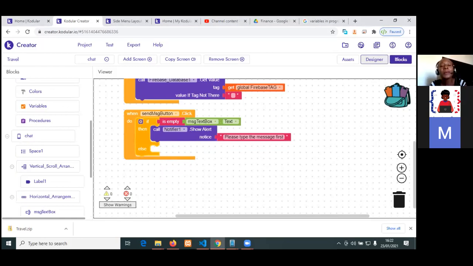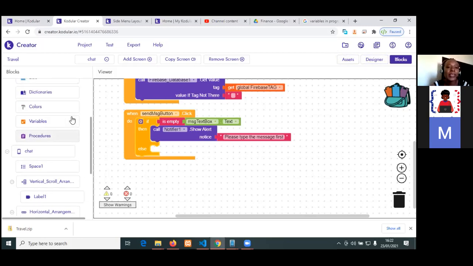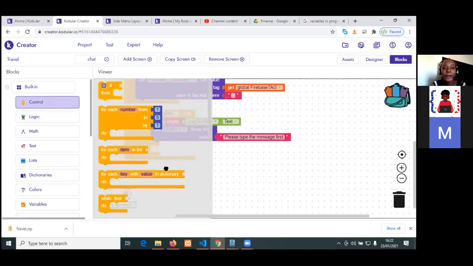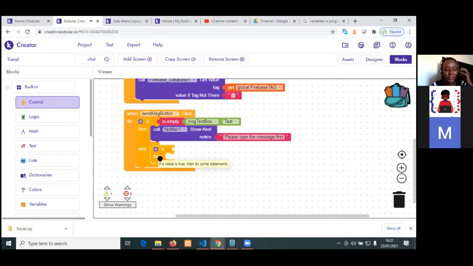It means that the Firebase database is blank. You handle it in a specific way, okay? So in the else section, click on control and drag another if, and put it there, okay? And then we say,